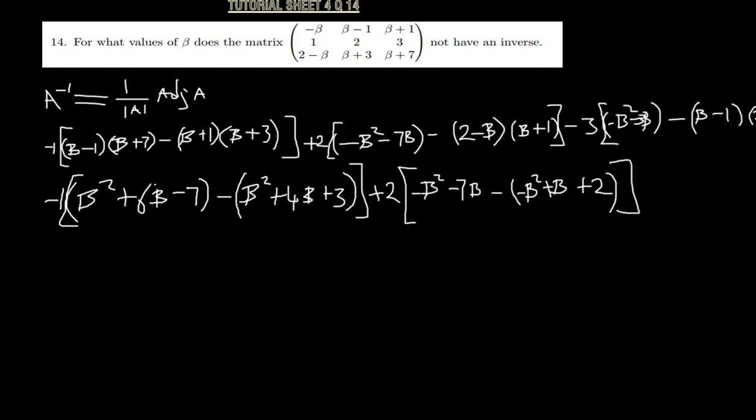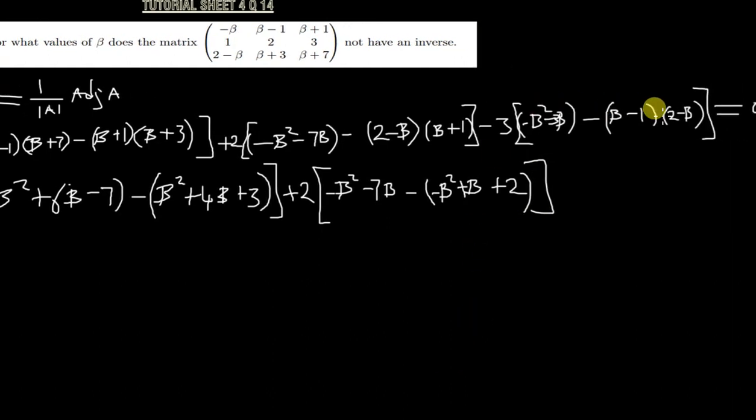So again we simplify this remaining part, the last part. So it will also be minus 3. Of course you open these brackets, so I'll write this negative beta squared minus 3 beta, then this will be minus, you open the brackets again,